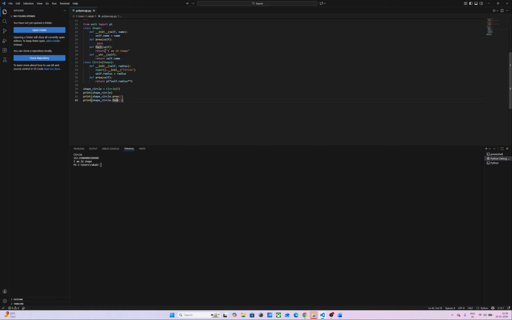I want to print the value also, so I'm just using this fact and area and shape circle. But where is this shape circle? This one. And circle is 7. So the values are initialized here. 7 is initialized for radius. This radius 7. Okay, so it will print circle, and